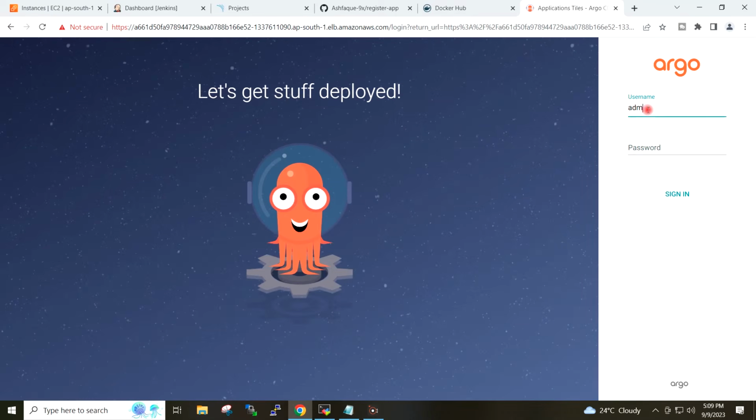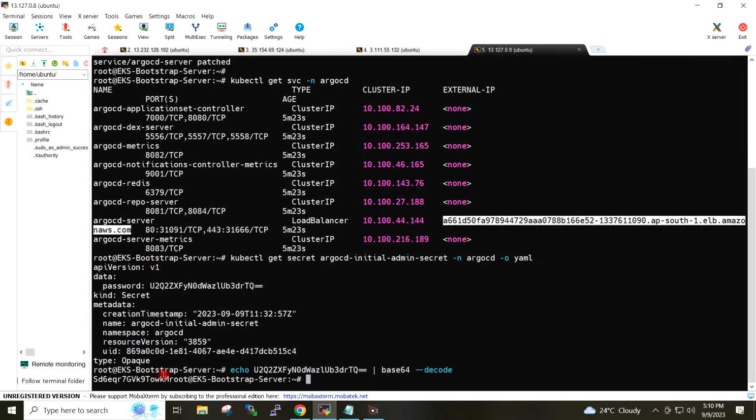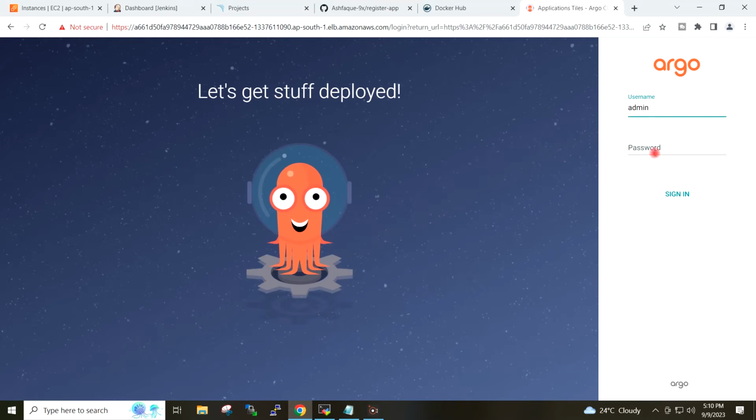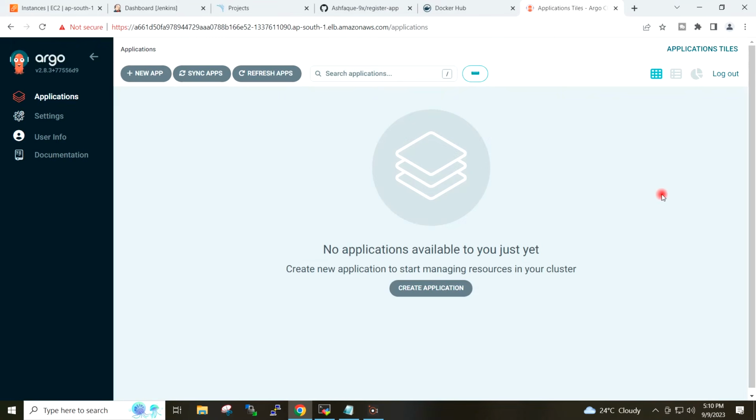I will give the username and I will give the password which we have decoded. Okay, so we have signed into our Argo CD cluster.